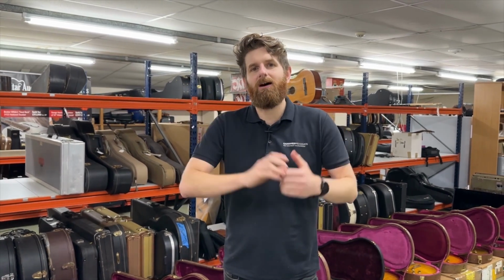Custom Shop special Les Pauls as well. There's not really anything that is a standard R9. There's a lot of custom things, hand-picked tops, aged, all that kind of thing. They're all pretty much in mint condition. I haven't actually looked at all of them yet, so